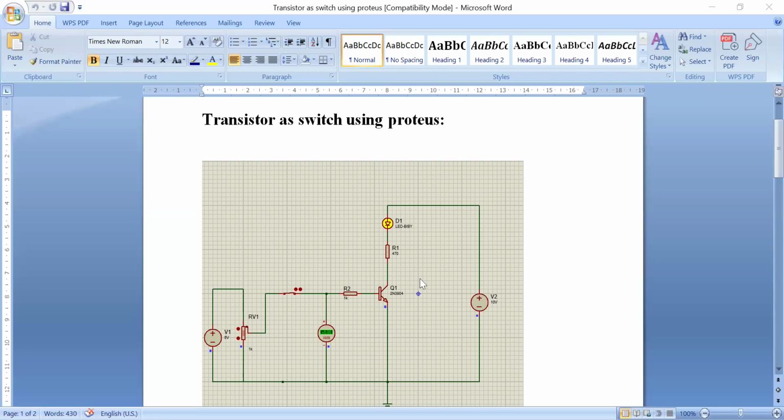You can use one more DC voltmeter between collector and emitter in order to measure the voltage between collector and emitter. So here, connect 5 volts DC supply to the potentiometer, one end of potentiometer and other end of potentiometer to the source, and connect the wiper of the potentiometer to the one terminal of SPST switch and other terminal of the SPST switch to the 1 kilo ohm resistor, and then to the base of the 2N3904 transistor, and connect the emitter of the transistor to the negative terminal of the power supply, and connect 470 ohm resistor to the collector,